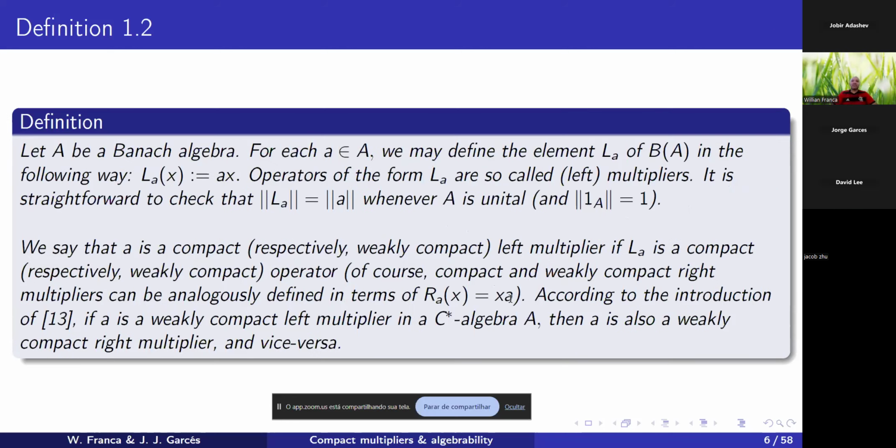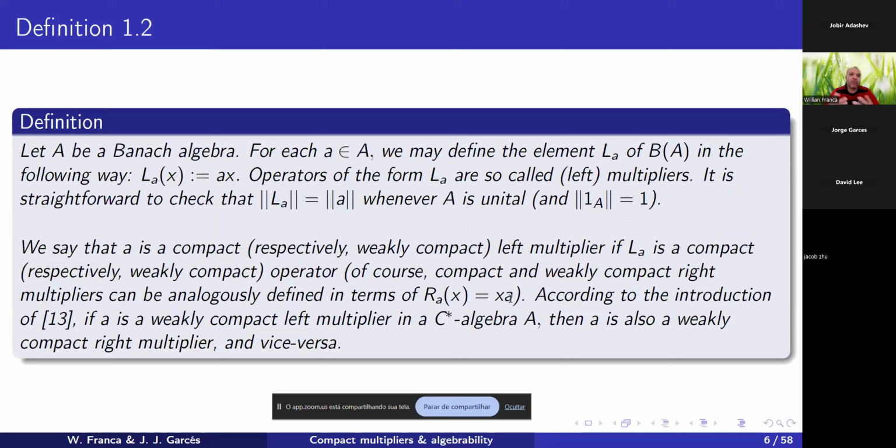Now let me present some more definitions. Let A be a Banach algebra. Let me make one thing very clear throughout the talk: all of our algebras are associative. So a Banach algebra is essentially a Banach space where the